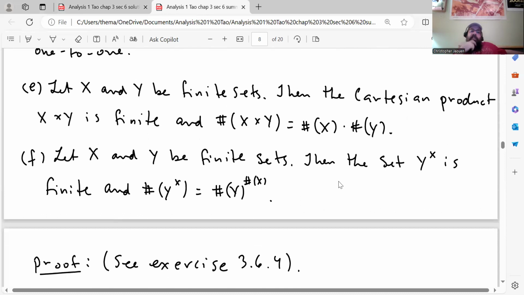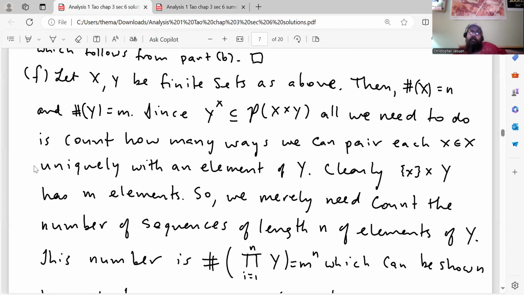All right, part F says this: let X and Y be finite sets, then the set of all functions from X to Y is finite, and the cardinality of the set of all functions from X to Y is equal to the cardinality of Y raised to the power of the cardinality of X. Right, here's my proof. Let X, Y be finite sets as above, then the cardinality of X equals n, cardinality